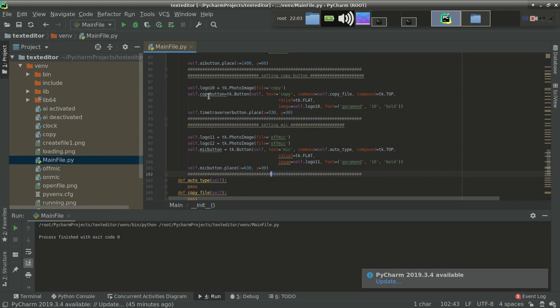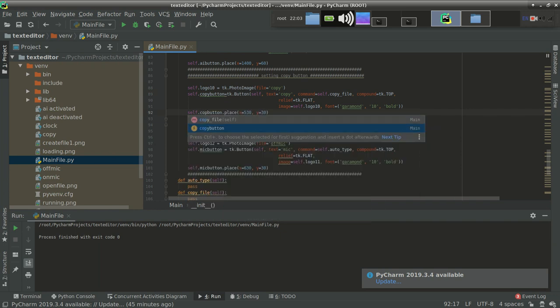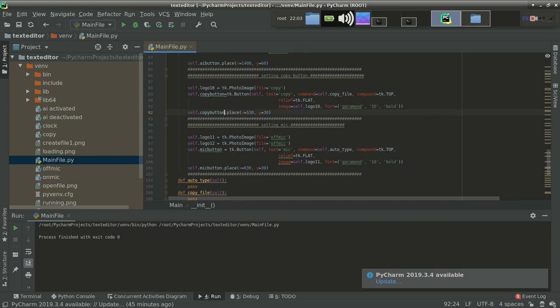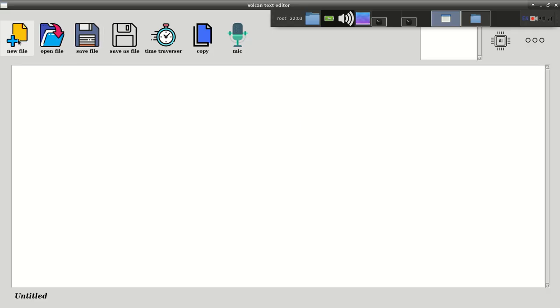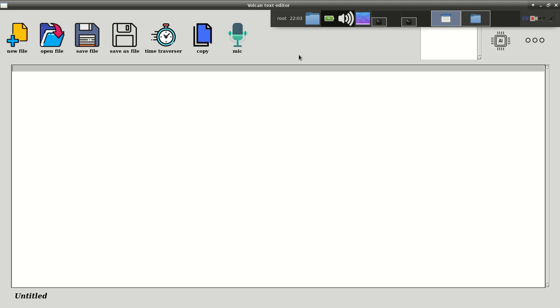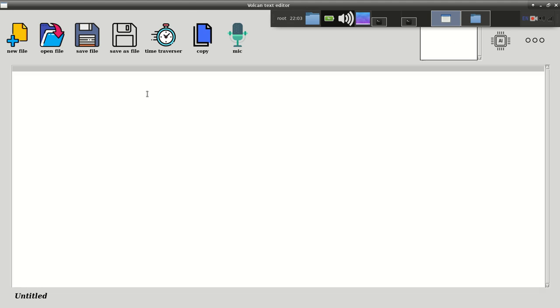File copy. Yeah, you can see here we have copy button and we are placing this type traversal button over here, so that was producing the ambiguous output. It should be copy button. Yeah, fine. Let's verify the output. Yeah, fine, everything is fine. So this is the final UI and everything is fine in this. So in upcoming videos we will define functionality one by one. So in this way you can achieve the basic UI of the text editor.